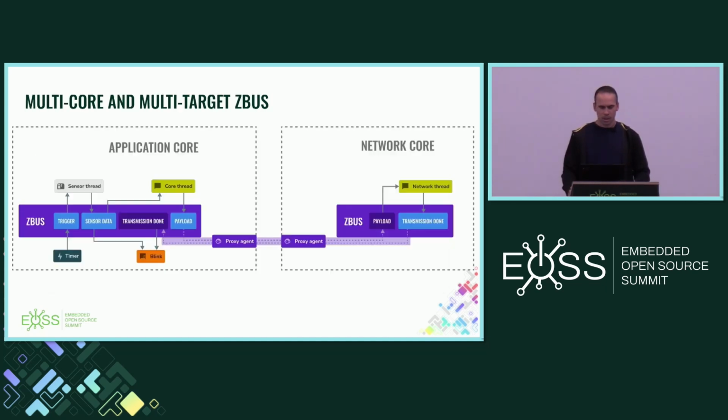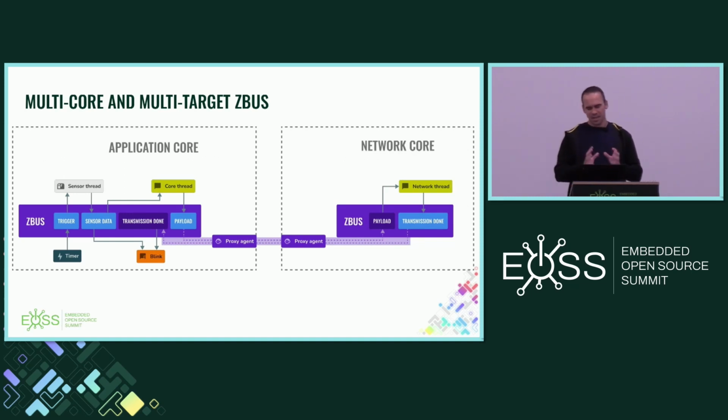Okay. Another thing that I'm working on: I'm helping the IoT applications team from Nordic to implement the multi-core ZBus, which is a really big challenge. When you have multi-core, you have a channel on both cores, and you need to keep the state of that consistent, right? Which is not so easy because the other core can be sleeping, or you can have some RPMsg problem and everything else, okay?